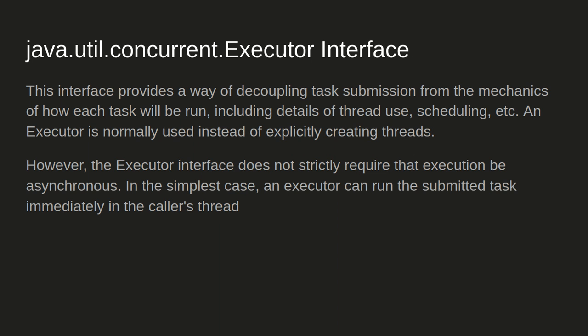It simply means that let's say you have a task which you need to do with a separate thread. Now the client doesn't need to know which task needs to be executed in which way. So this interface provides that decoupling, including details of thread use and scheduling. As we go through the details of each implementing or sub interface of this executor interface, you will get to know what it is basically saying.